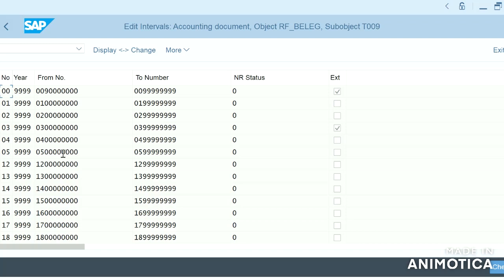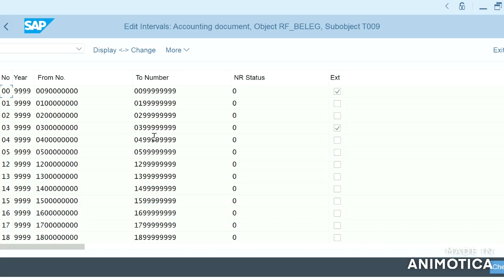The number range becomes effective by the document type specified in document entry and posting. Whatever document type we give while posting the entry specifies which number range it has to post to.